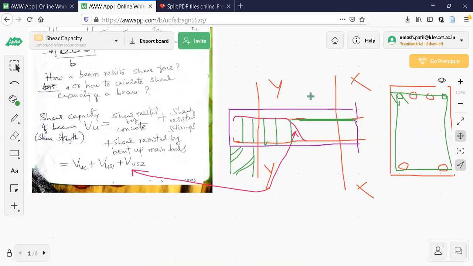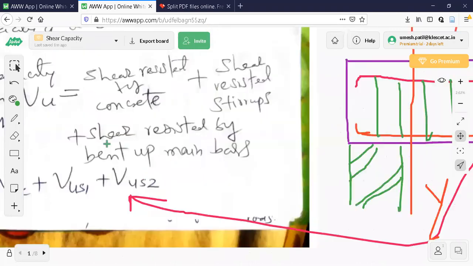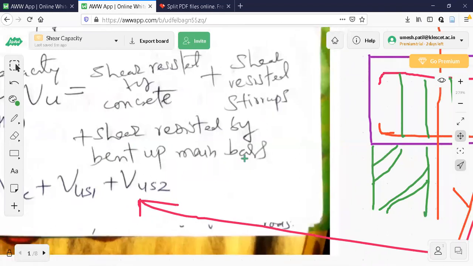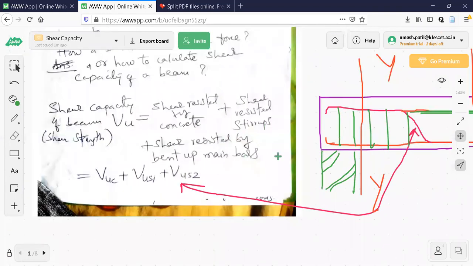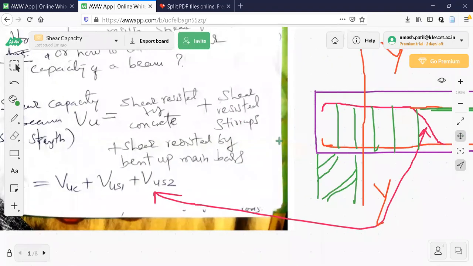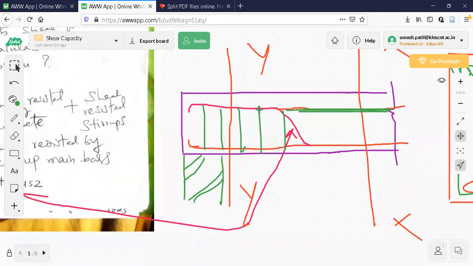And I know that near the support only shear force is maximum. So the third one, if you read here, shear capacity of bent up main bars. I can bend two bars or a single bar like that. If I bend this bar up, now it is vertical line, stirrup is vertical. You can imagine this as inclined stirrup. You can simply imagine this bent up bar as inclined stirrup. It will be having one vertical force component in the vertical direction.